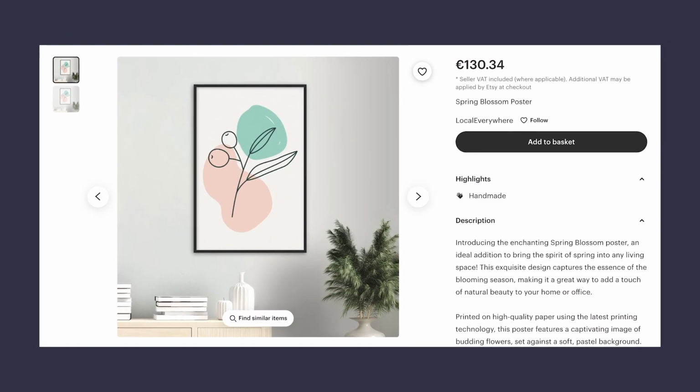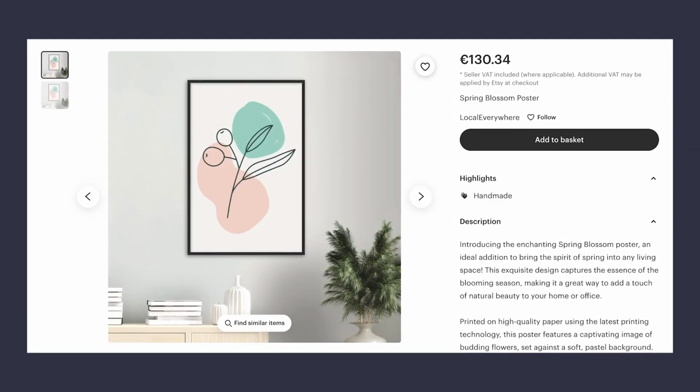Hi, today I'm going to show you how to use the design expansion tool for Shopify and Etsy. This is one of my best-selling poster designs in my Etsy store, so let's add it to a few more